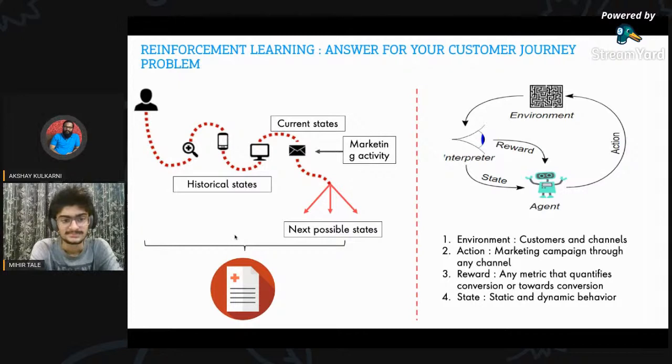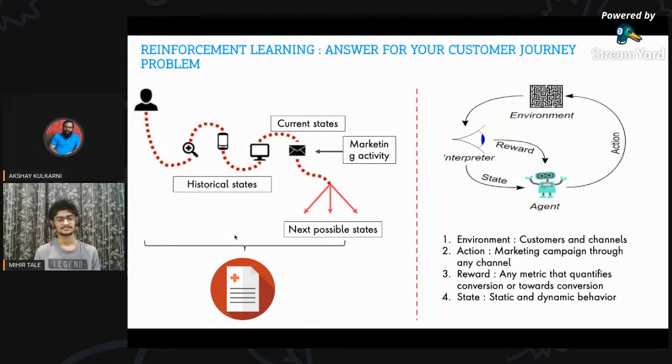Answering how your consumer journey problem is. So typically, be it in a website or be it in an offline store, there's a journey, right? Maybe you visit the homepage first, second you visit some category, third you visit some category, then you add to cart, and so on and so forth. Understanding a consumer journey is, I would say, very crucial